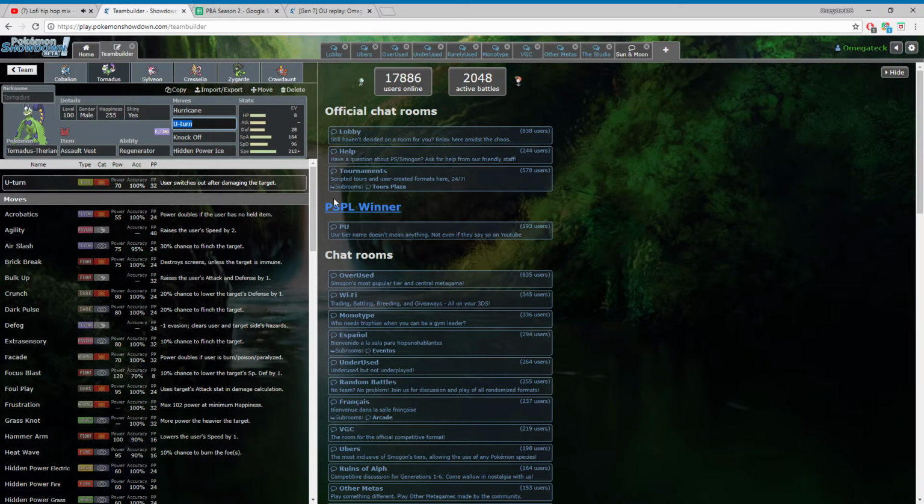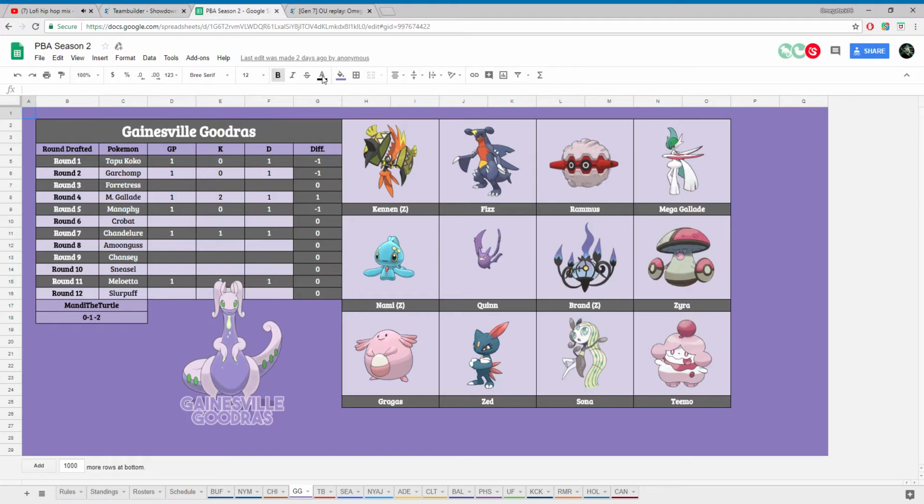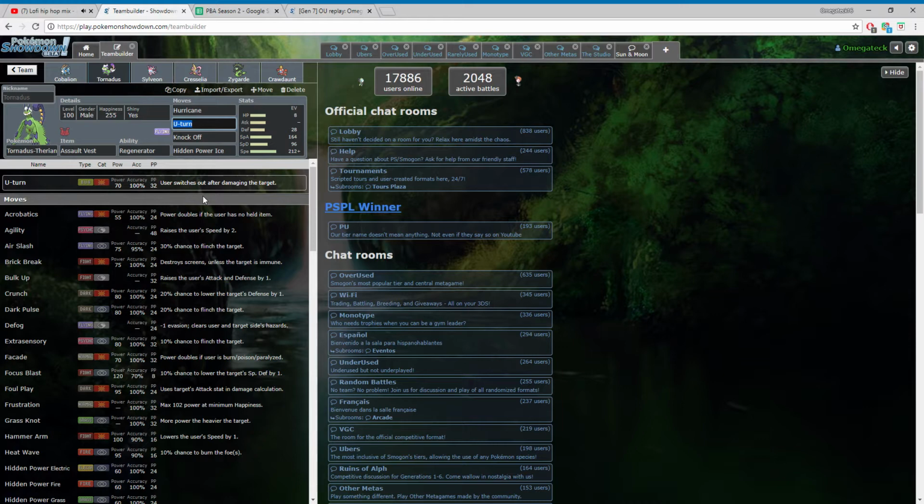Next we have Tornadus with the Assault Vest. This spread specifically lives a modest Z Shadow Ball from Chandelure or a timid Z Overheat from Chandelure. And I don't really have that many switches to Chandelure, as Sylveon is physically defensive this week, and modest Fire Blast KOs it if it's not Special Defense invested. So I needed a Chandelure check, and this is my Chandelure check, with the Knock Off doing over half, and it living the Shadow Ball and the Fire Blast, like I said, or the Z Overheat,